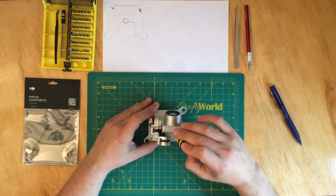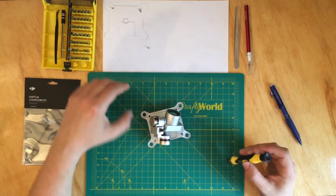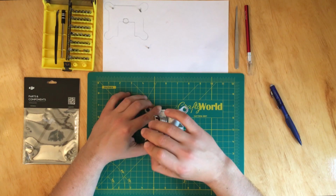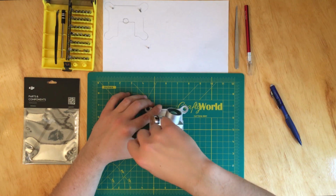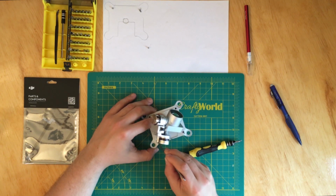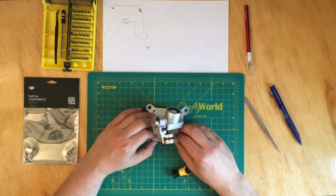And this is not as complicated as you might think. I've already done it about 4 times, and that's why I'm saying it's not that complicated. Initially, it was a little bit intimidating with all these parts, but as I said, if you have your diagram set up and you know exactly where each screw goes, it becomes easy. And the only issue that I had initially was with the flex cable,